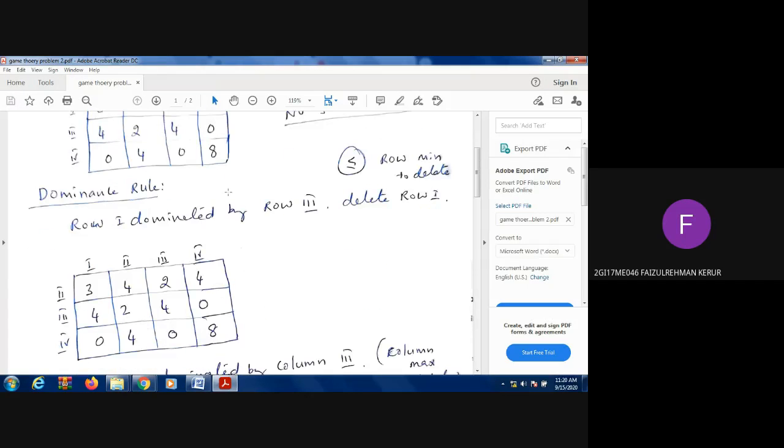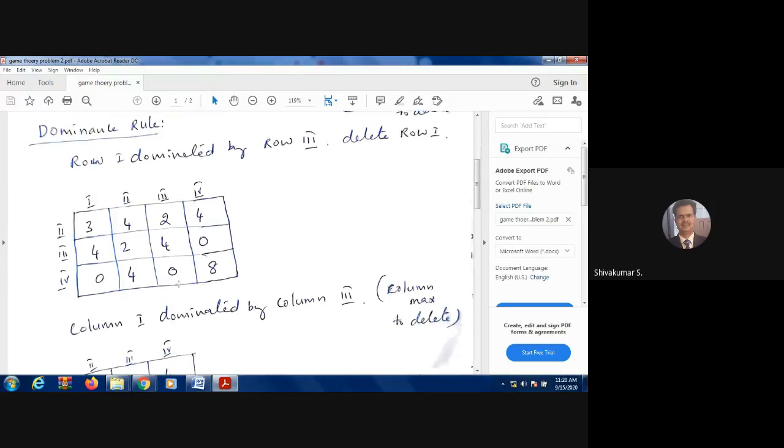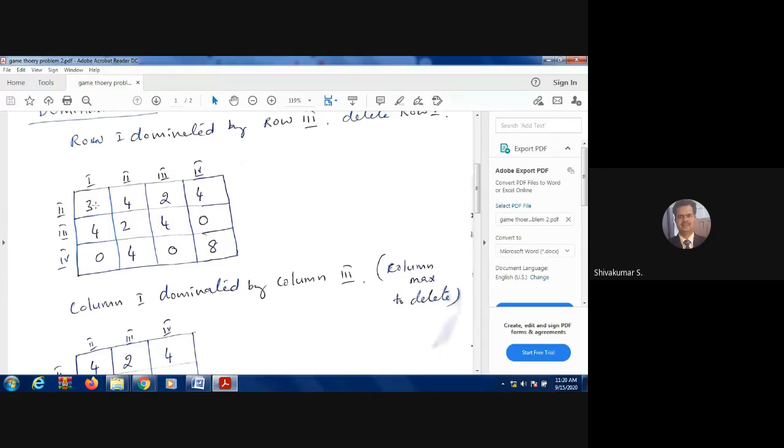So it is reduced to this one, right? Yes. Similarly, now the columns, because you can check even the rows also. For example, here 2, 3, 4: 3 less than 4, 4 greater than 2. Here 4 greater than 0, 2 less than 4, 3 greater than, but 4 equal to 4, 2 greater than 4, but 4 less than 8. So no values in the row are dominating.